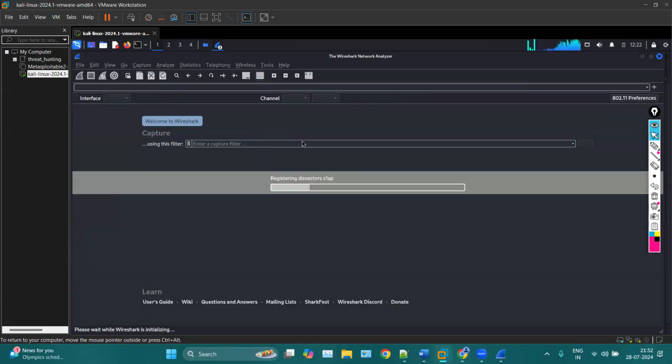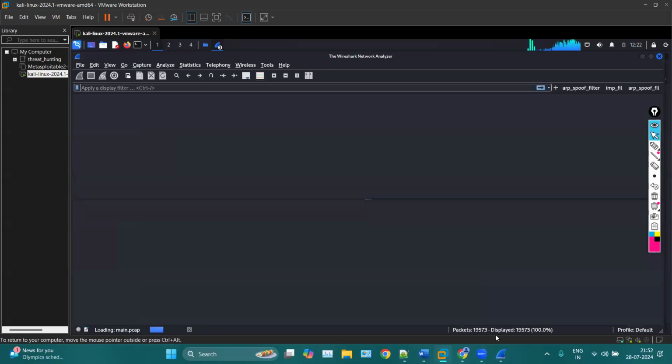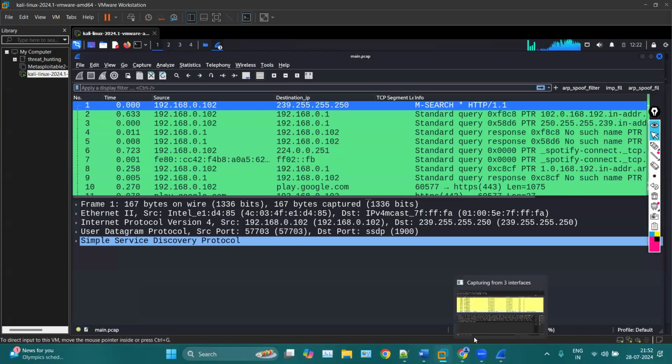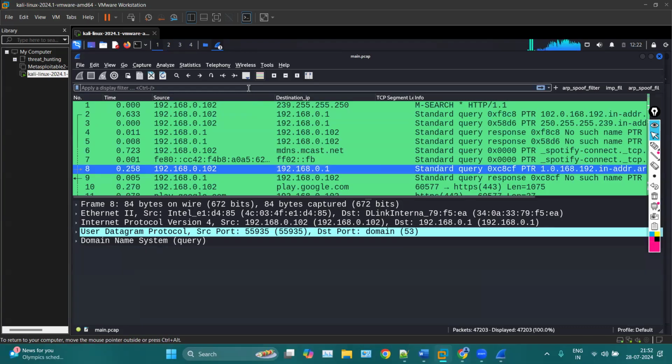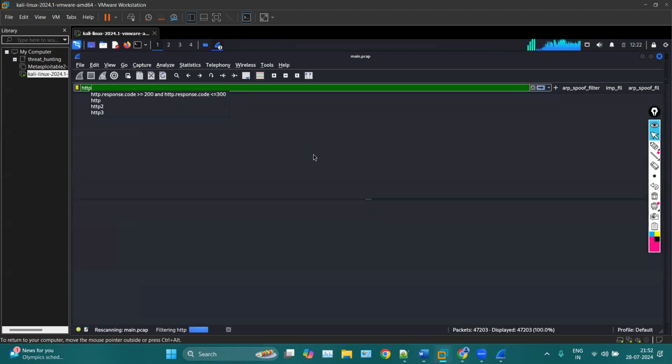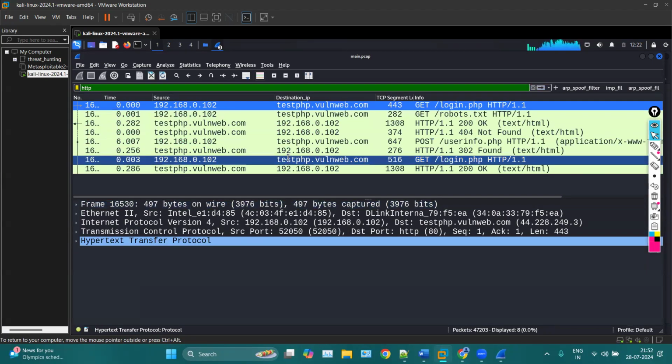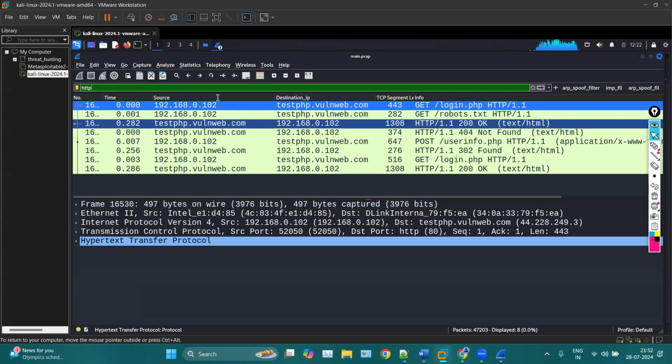So this is a file, and in this file I have around 47,000 packets. Okay, 47,000 packets. Now here I wanted to see the HTTP packets. Okay, we have these HTTP packets. Now what I can do is